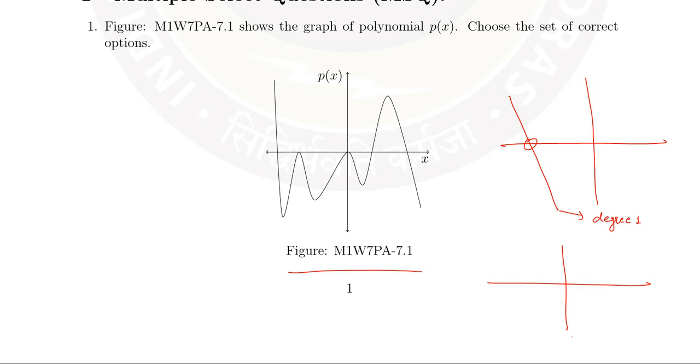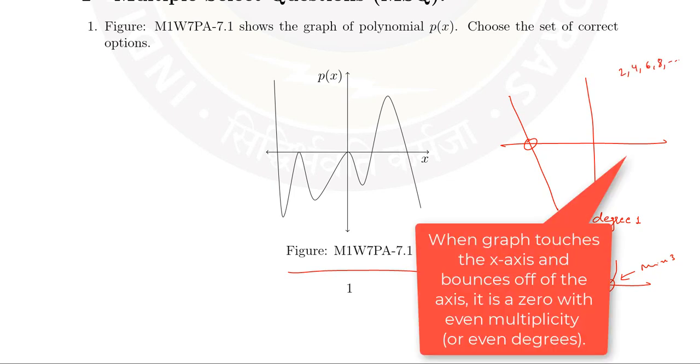We would also have seen in the lecture that when the curve crosses the x-axis with a slight bend, it will have an odd power, a degree of minimum 3, and that graph looks like this. As we can see, a slight bend over here. Not necessarily at the origin, it can be over here too, or this can also happen. So there is a slight bend at the x-axis, so this will have a minimum degree of 3 and it is going to have an odd power.